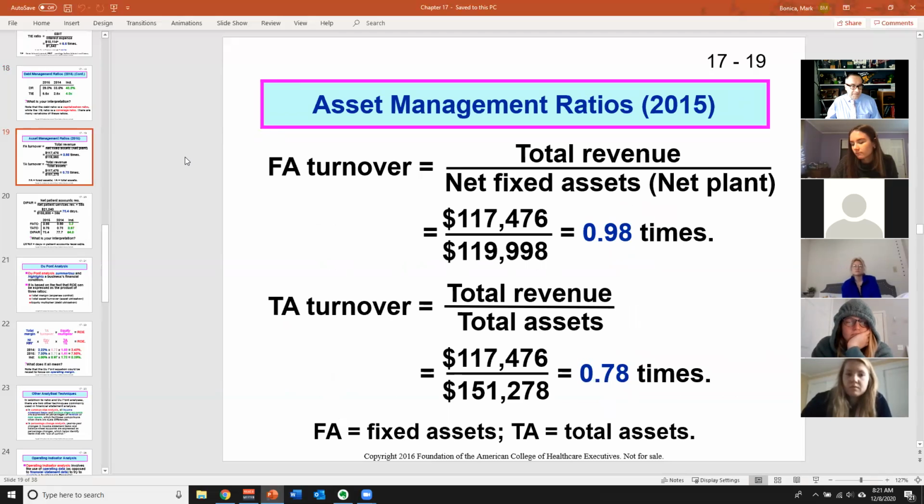Now we're going to move from debt management, which is focused again on capital structure and kind of financial fragility, and we'll talk about asset management. So asset management ratios are really trying to say, how efficient is this organization? And so we've got two asset management numbers that are used by organizations. The first one